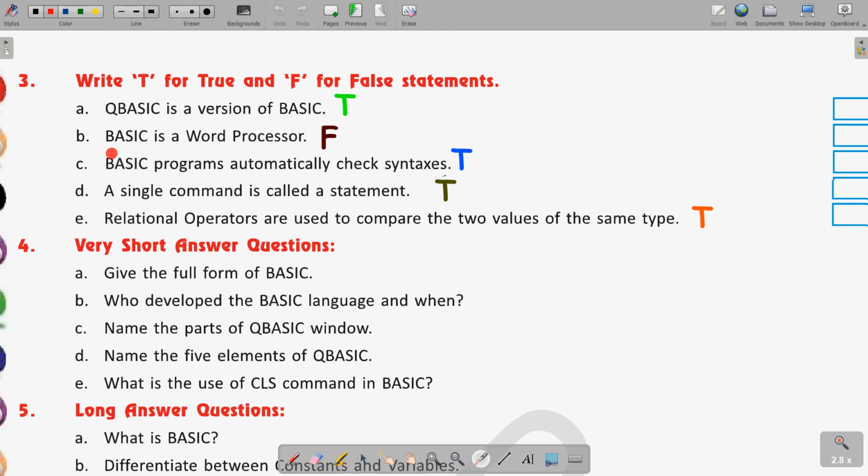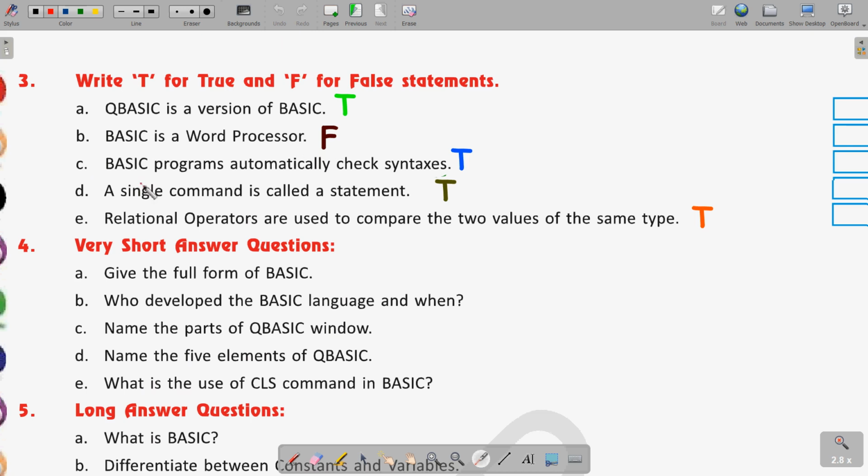We know that BASIC is used for learning programming and writing programs, and word processors are software using which you can create documents, memos, letters, for typing something. For example, MS Word, which we have studied in the previous chapter. So BASIC is not a word processor, that is why this statement is false.